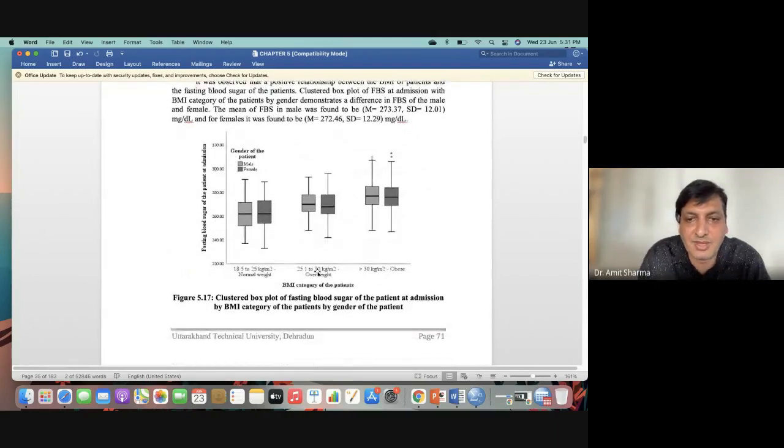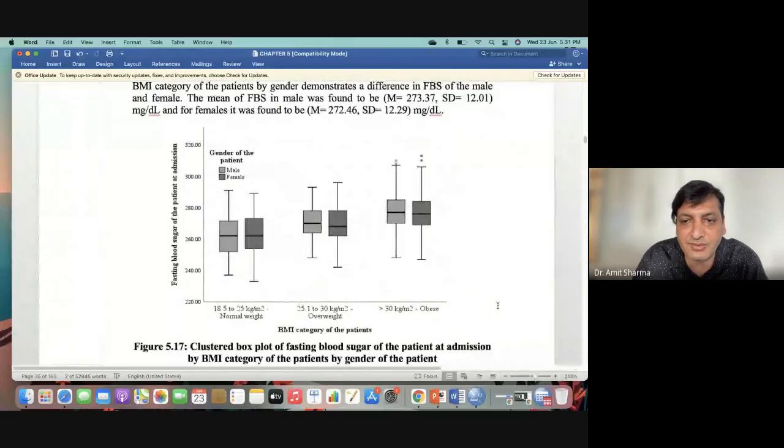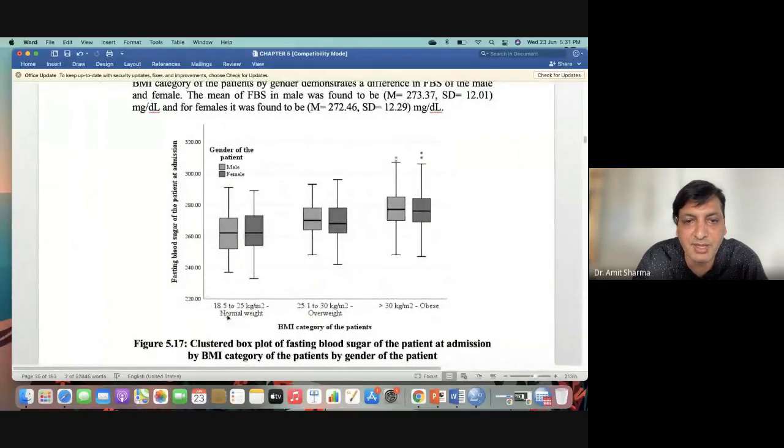Clear? So here you can see the comparison of three different groups of BMI between male and female, and the top is the maximum value, the lowest point is the lowest value, and in the center we have a mean. So where the mean is going to deviate somewhere here in this category.